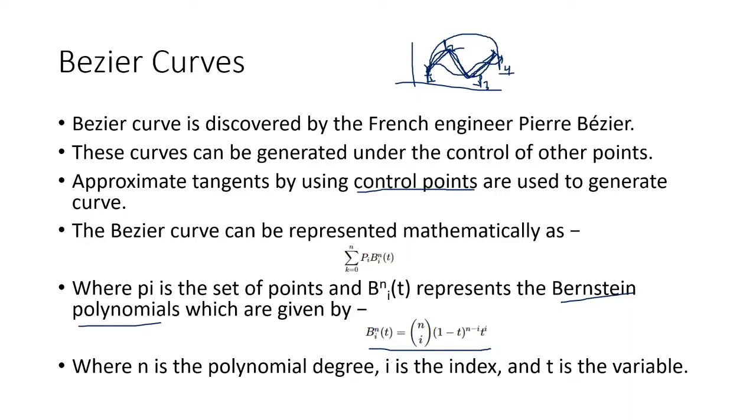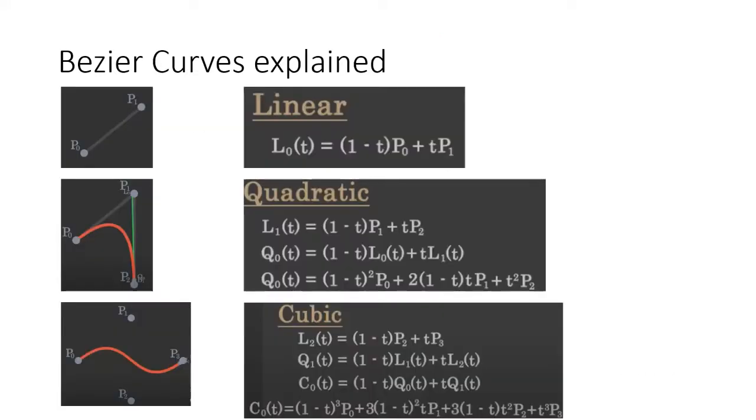But let's talk about how the concept of the Bezier curve came into play. Whenever we are talking about a Bezier curve, as I said in the previous example, it is going to have some control points, and whenever we are looking at the control points, you can just connect them and you are going to get some straight lines, right? So basically, you are going to get some linear lines. So let's assume for the first case, we have two points, and we are just connecting them, not using any parametric or polynomial curve, just connecting them from one point to another point.